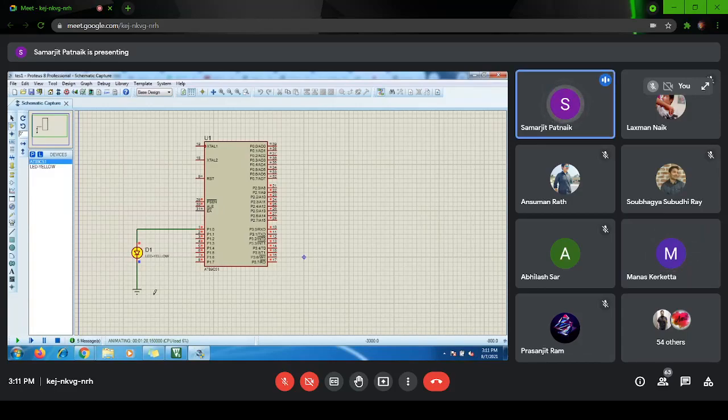Then do one thing, just search through the internet and find any other version of Proteus. Because I have seen this is a very old version of Proteus, which I am running in Windows 7. Maybe Windows 10 is not supporting it, or there are some issues. Try to find some other version of Proteus if possible. Okay, sir.